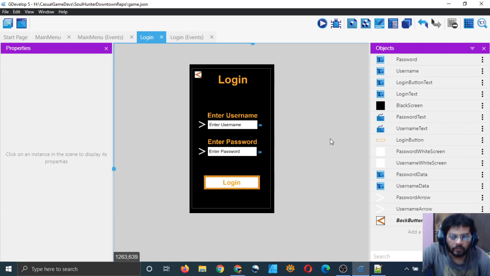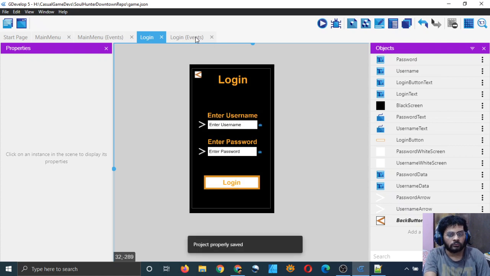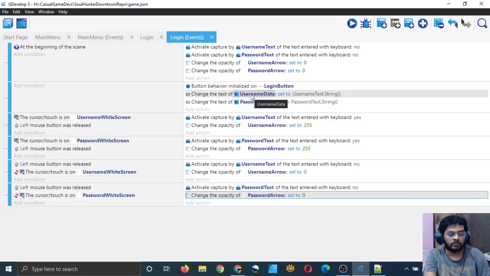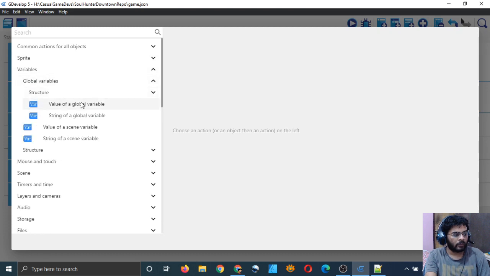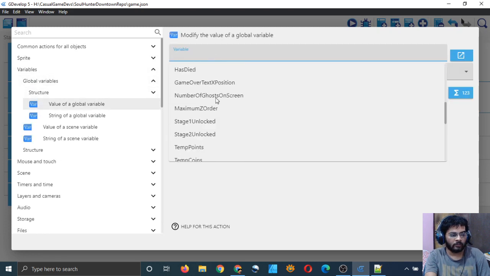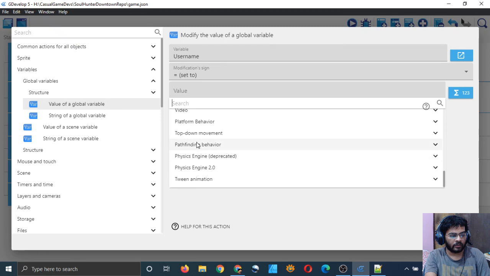So that's working. And now let us store the value typed in our field in a global variable. So every frame we should do something. Value of a global variable username is equal to, and the value should be from the text entry object.